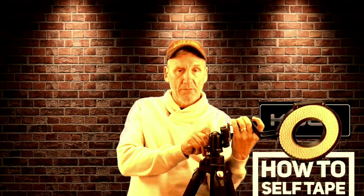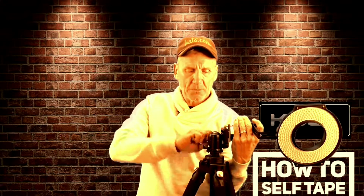Number one thing is that it's got this adjuster that allows me to take it around. It's got a big ball in the middle, very sturdy. I can bring it to this position, which I was talking about. This is our clamp from last week, and put your phone in here, and it allows you to shoot,